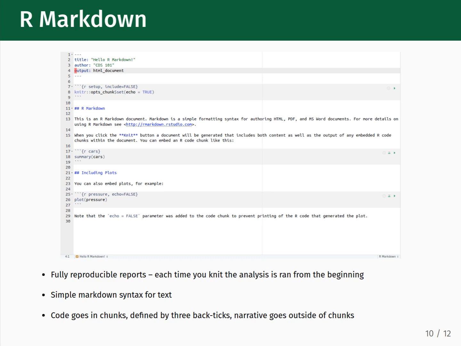You will be able to format your text in your write-ups using a syntax called Markdown. With Markdown, simple combinations of symbols represent markups that you're familiar with from using Microsoft Word, such as boldface, italics, headers, bullet points, enumerated lists, and more. As for your code, that gets placed in chunks, which are defined by 3 backticks. Your narrative describing what you're doing, meaning your write-up, should always go outside the chunks.